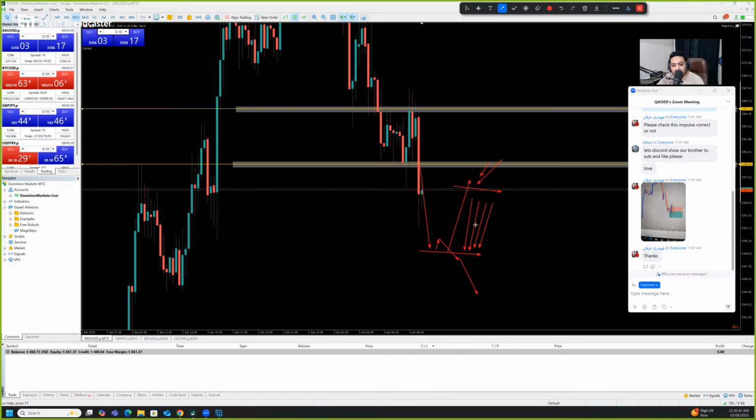So whenever all these things are in my favor, there's a high probability I will win the trade. And if it still doesn't work out, we work with the probability. If it still doesn't work out, we manage the risk. That's all we can do as a retail trader. Okay, we broke the H4 low.